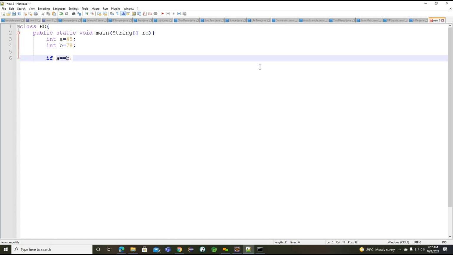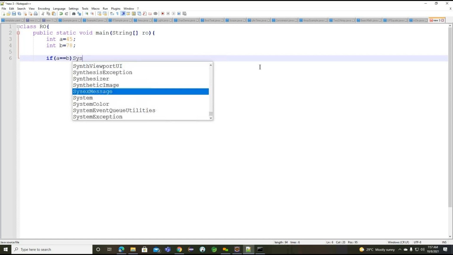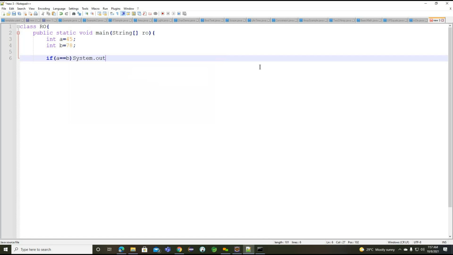If it is equal to B, now what we will do is try to print a statement. System dot println. Now what I need to write here: A and B values are same.